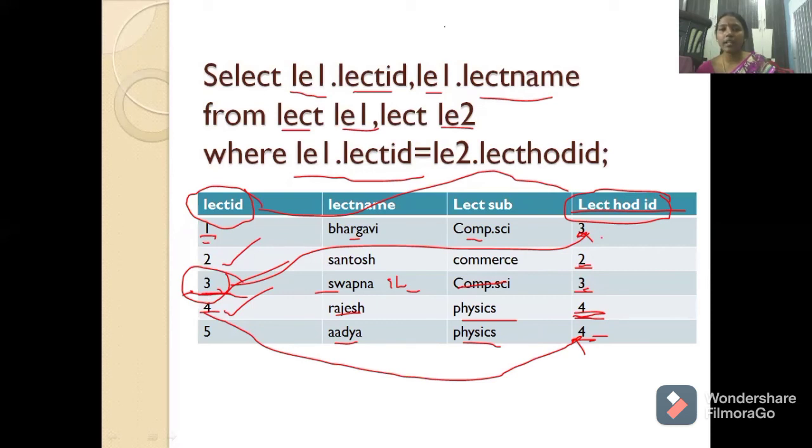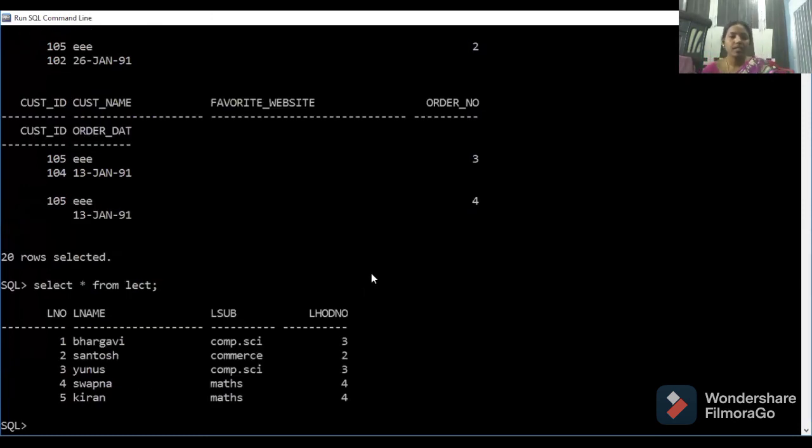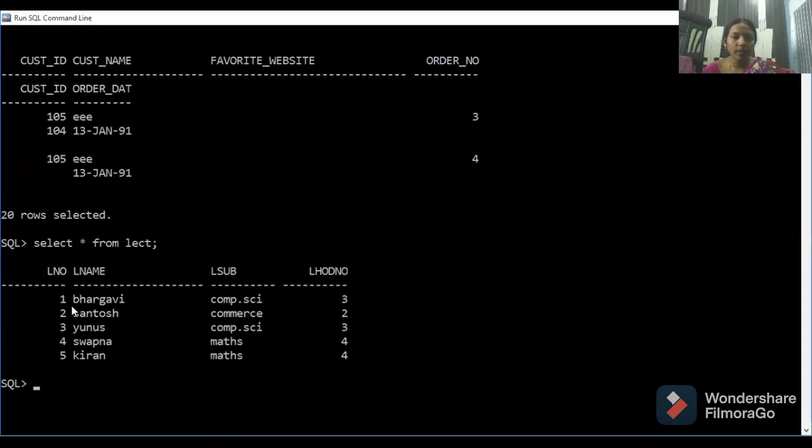Now we'll see this query in the DOS prompt. First I'll show you the lecturer table. Select star from lecturer. See, the same table I created. 1 Bhargavi, computer science, lecturer HOD number is 3. 2 Santosh Kumar, commerce, HOD is 2, that means he is the HOD himself.